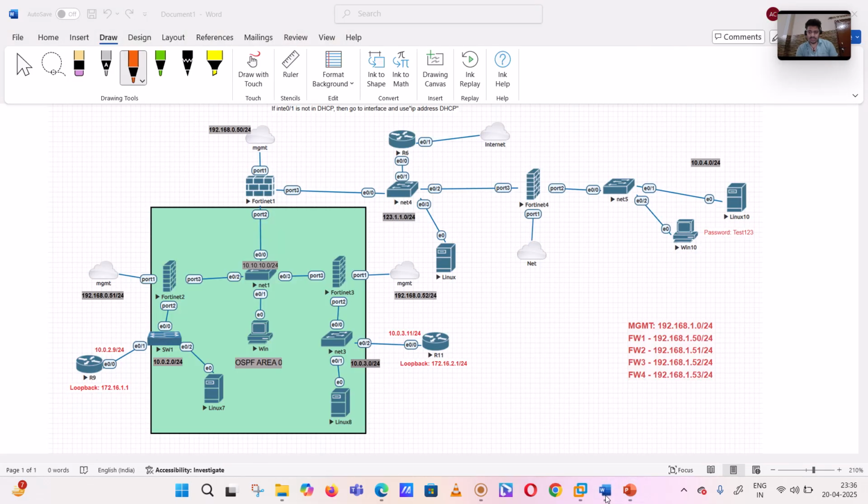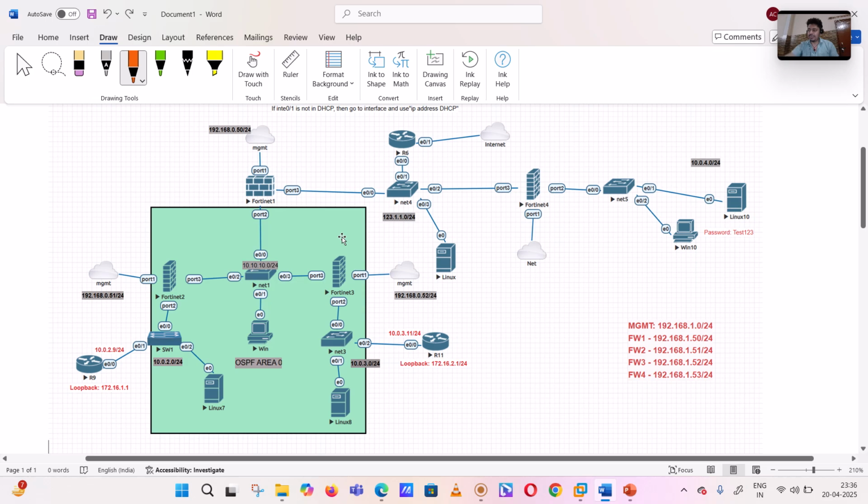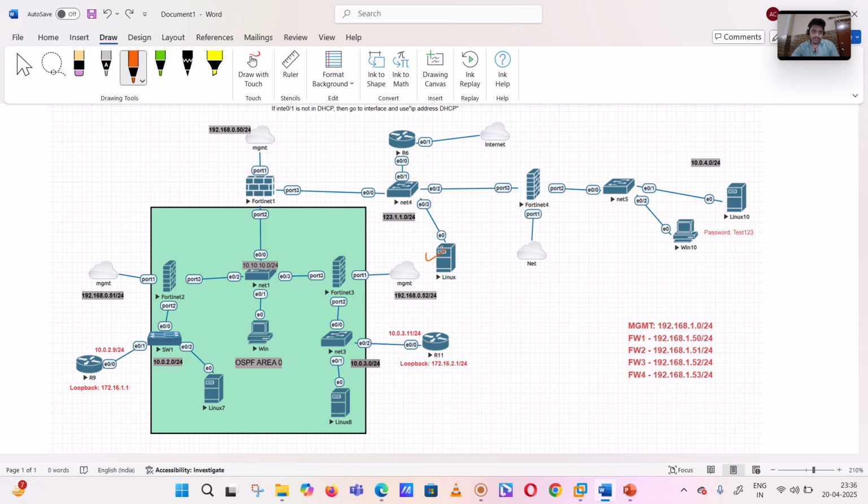So let's go there and let me show you exactly where we are going to make the changes. So this is our FGT1 and this is our FGT4. What we are going to do is create a BGP. And before that, when I say dynamic routing,